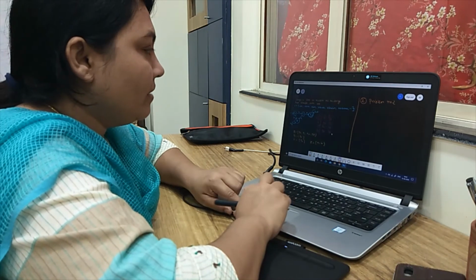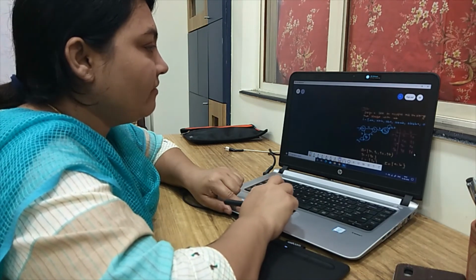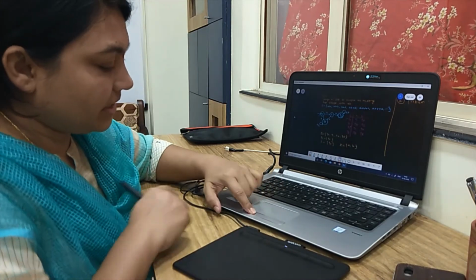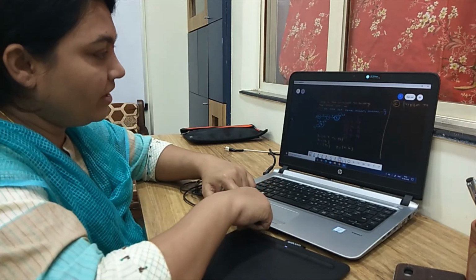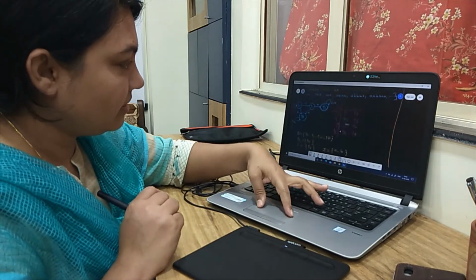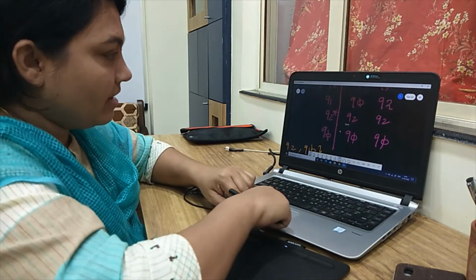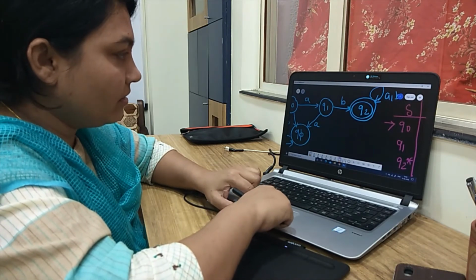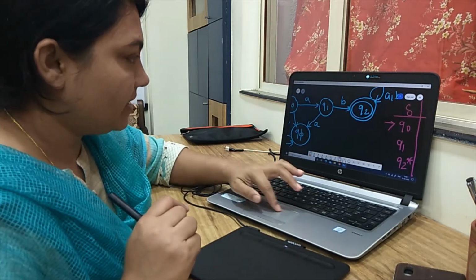If you want to go down, this is an infinite board. Just hold this key and move it like this. So if you want to maximize this, you can maximize this and then take a focus on any specific part you want, or you can minimize this.